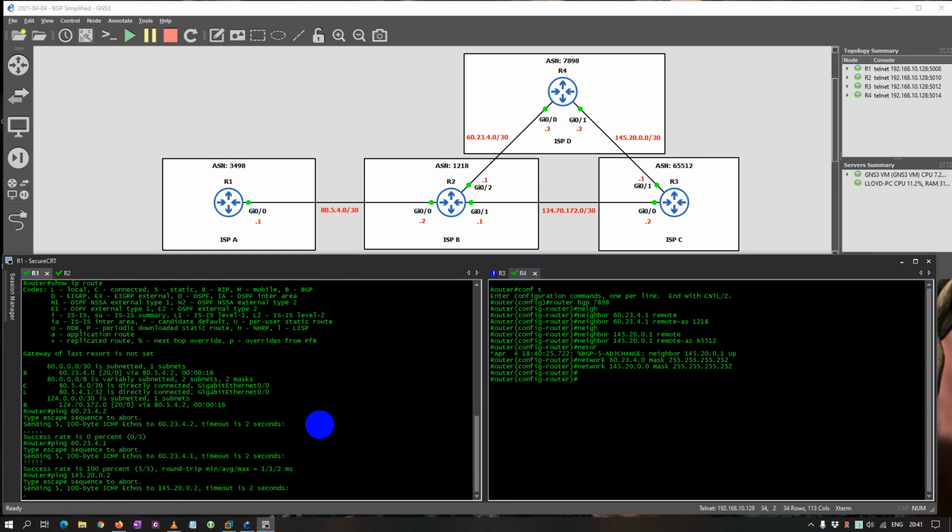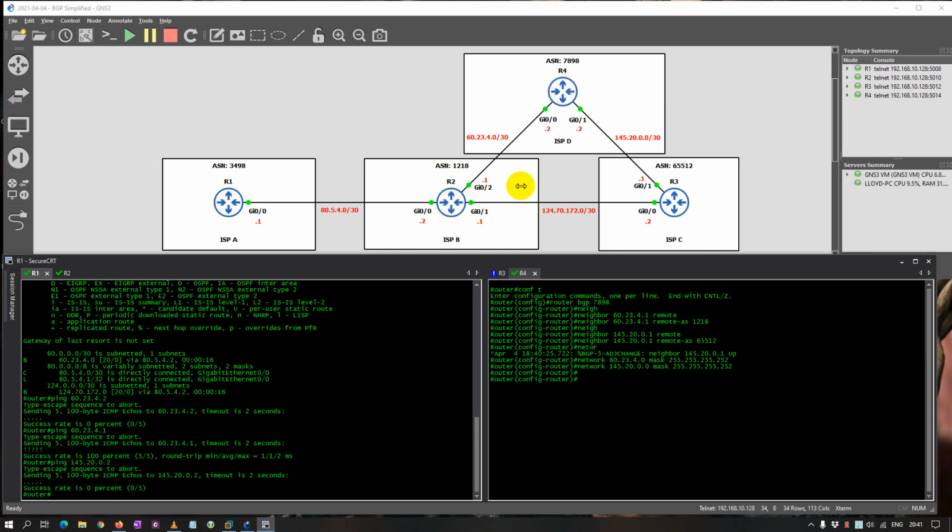The reason why is because on router 2, these two, R4 and R3, are not specified as neighbors yet. So the adjacency is not formed and these networks are not actually learned from R4 and R3. Okay, so going back to router 2,